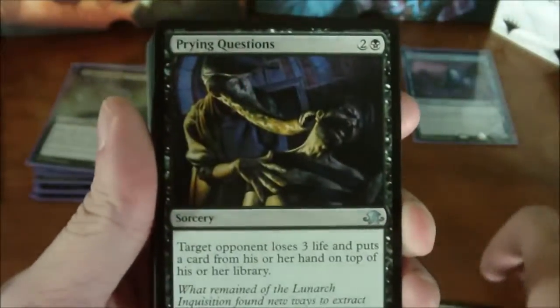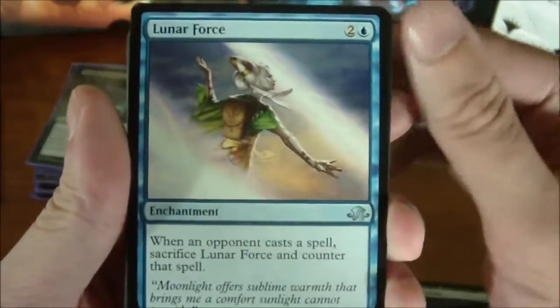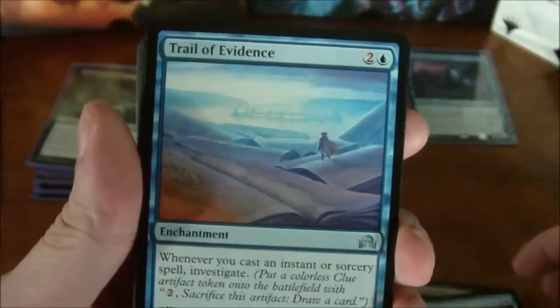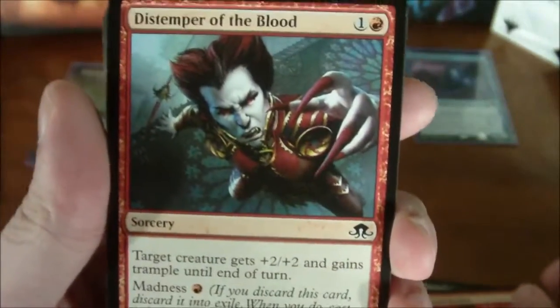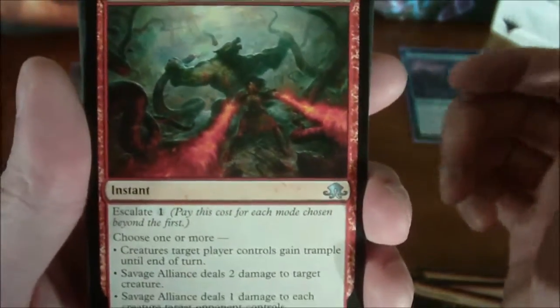see, the Cathar Shield, Prying Questions, Borrowed Malevolence, Murderous Compulsion, Lunar Force, Drag Under, Convolute, Trail of Evidence, Savage Alliance, Borrowed Hostility, Distemper of the Blood, Insatiable Gorgers, another Borrowed Hostility, Prophetic Ravings, another Borrowed Hostility, Brazen Wolves, Savage Alliance, one of the Escalate cards,